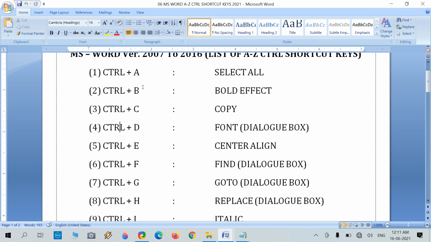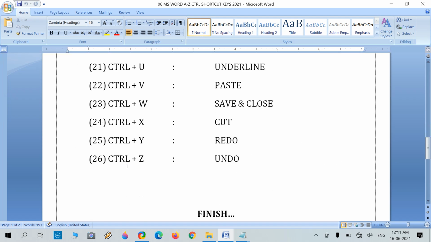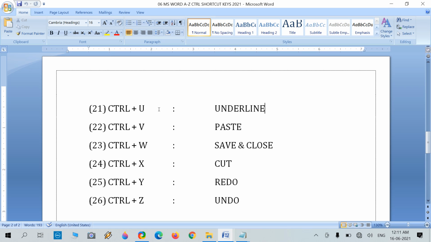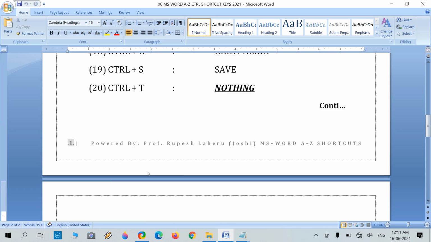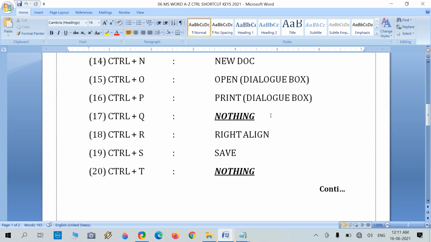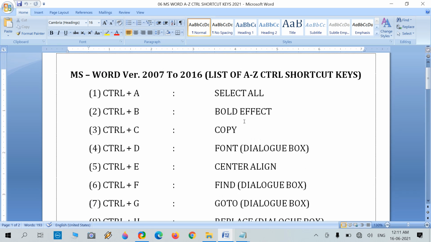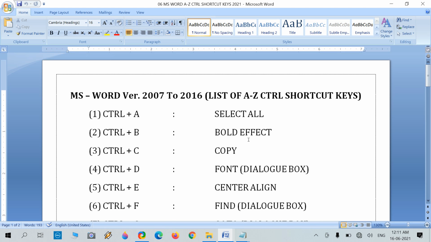It begins with control A, moves on to control B, C, and ends with control Z. Each control key contains a specific task, like control U for underline, V for paste, etc. They can be operated easily and quickly using only the keyboard, without a mouse. There is no need of a mouse.